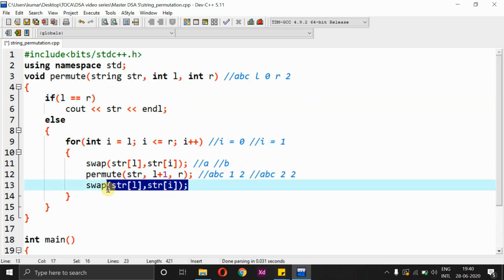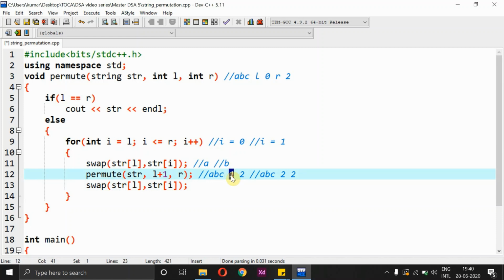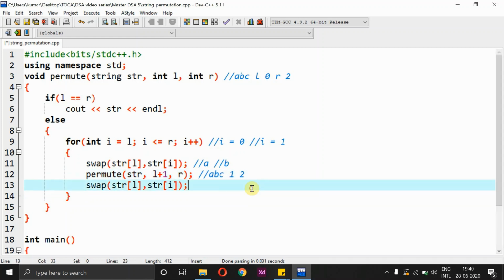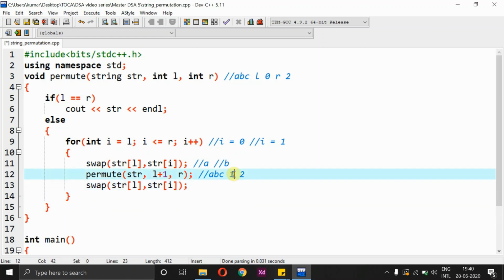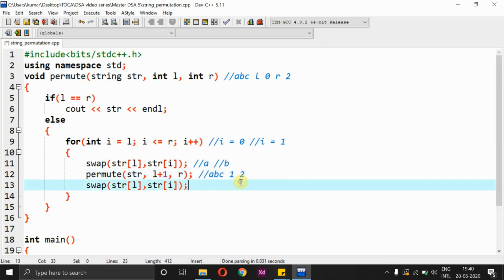After this, I'll be moving to the next line. When I'm moving back to the next line, I'll be carrying the value as 1 itself, right? Or you might also say you will have 1 and 2. So when I go with 1 and 2, swapping occurs here, right? Swapping of the elements residing at the first position and second position takes place. So what is there in the first position? It is actually B, right? So it is not A, because A is at index position 0, right? So we are going to swap 1 and 2, where 1 and 2 will lead to something like A, C and B.